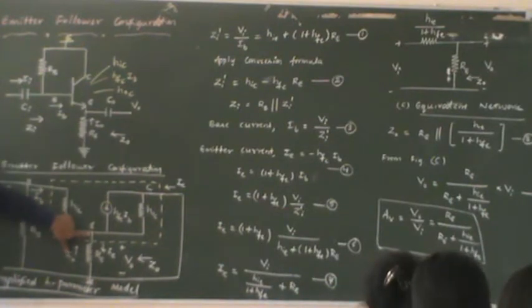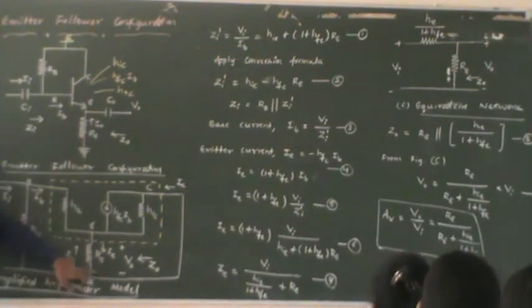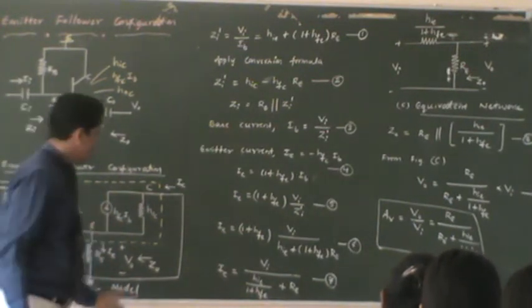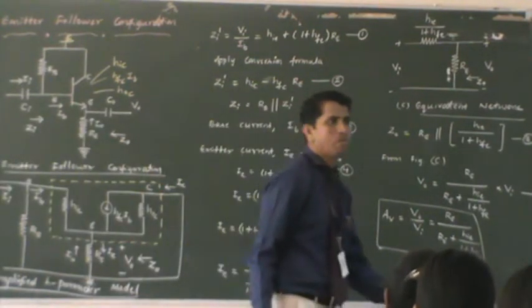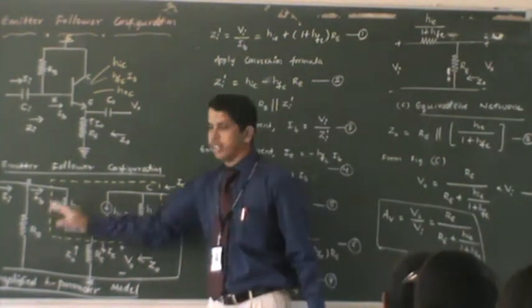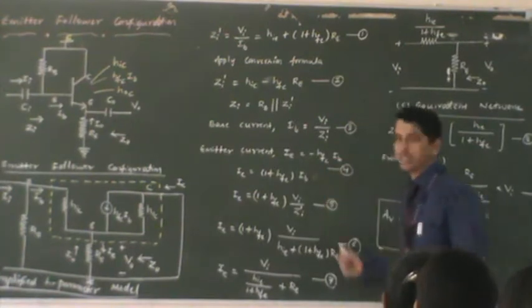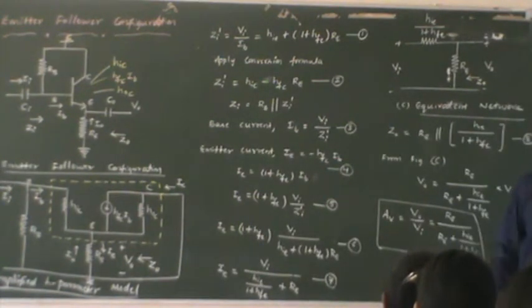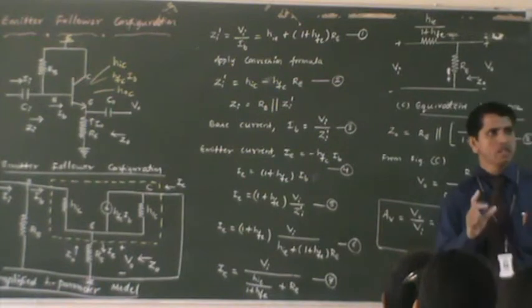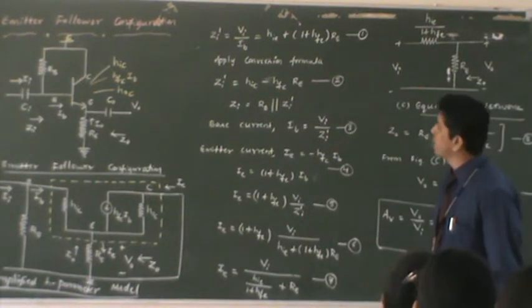So this is our emitter terminal, and there is a resistor R to ground. Current flows to the ground, which we take as IE across the emitter. Our derivations are now based on the simplified equivalent model which we have developed. If you make a mistake in writing this, you definitely end up with wrong derivations. As I mentioned, the derivation of this circuit is a little bit tricky. You need to understand lots of things to work through it.